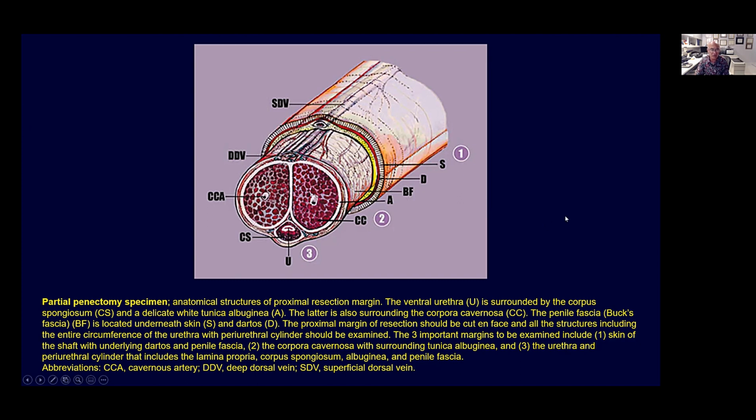And these are just some reminders of the different levels that we need to be able to identify in this specimen when we do cross sections, to be able to do first a good identification from the gross point of view of which area you are talking about, either the corpus spongiosum, or the corpora cavernosa, or the albuginea, and correlate the presence of the tumor with those structures that are the most important